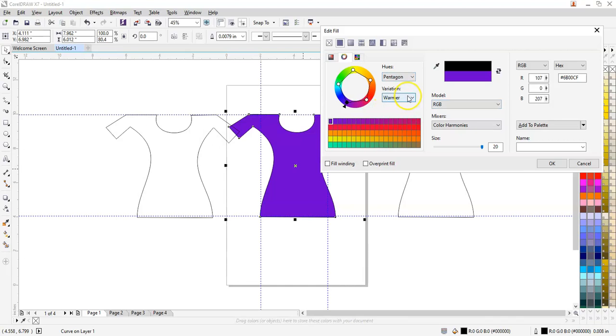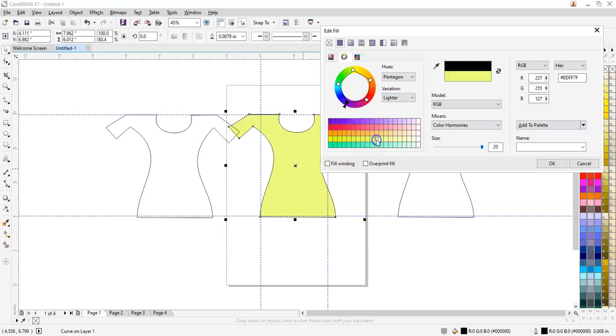Now variation. Variation means towards your eyesight, how the color should be looking, whether it should be warmer or cooler. You see there is a palette over here which is showing the lighter shades, your darker shades, your cooler shades, your warmer shades, and less saturated colors. That is the less mixing of your colors. So variations are there. If you want the particular color to be looking a little lighter, you get all the lighter shades over here.